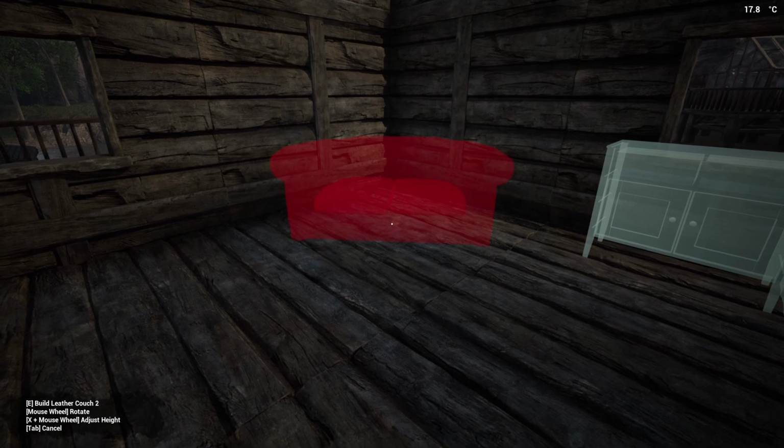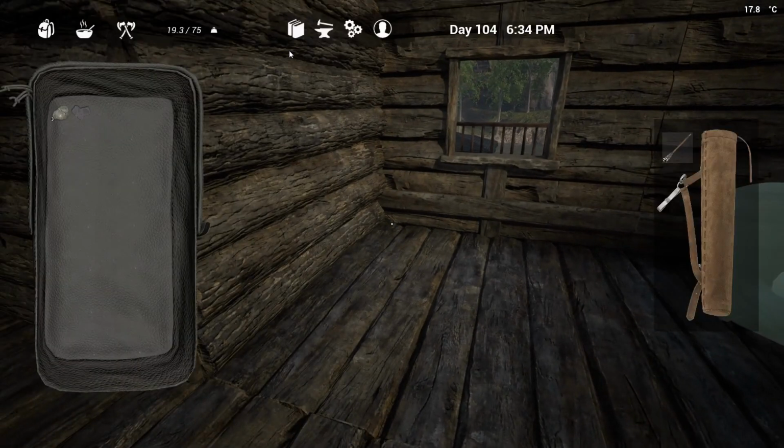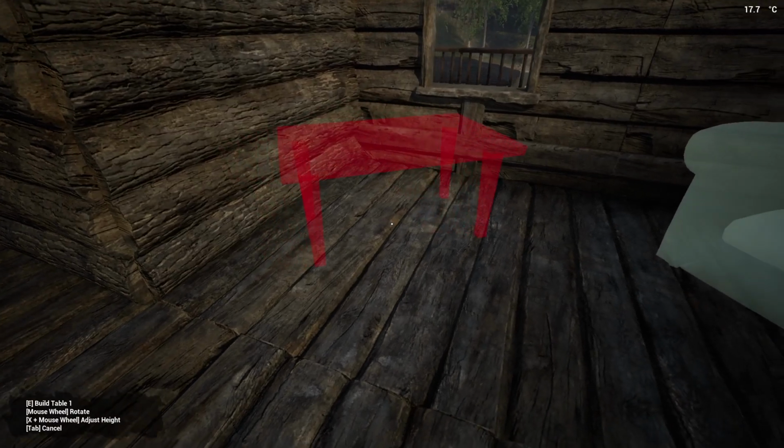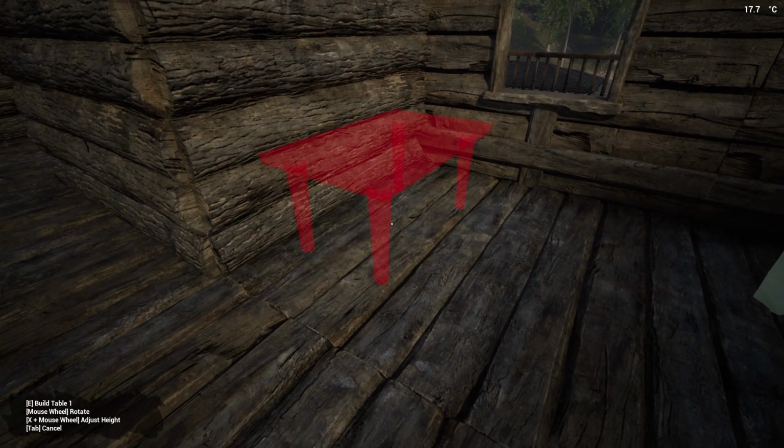There we go. I think that'll work. There. Cool. And then this will be a table with a little work study area, whatever you want to think of it as. Some more tables and stuff in the house that we don't need,